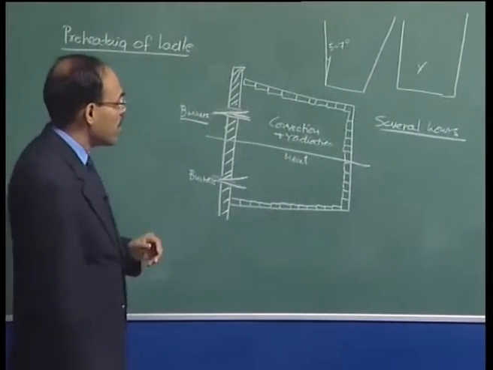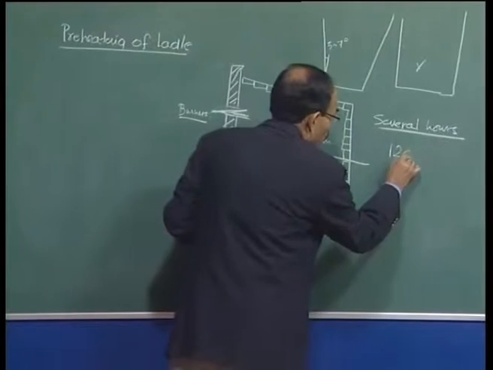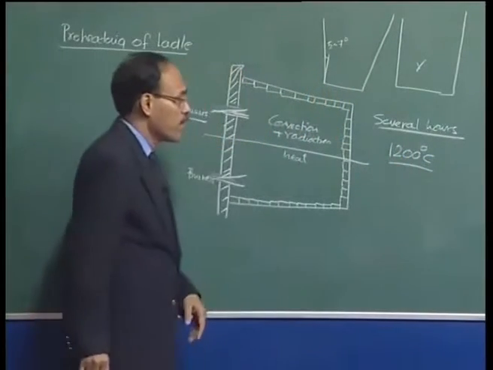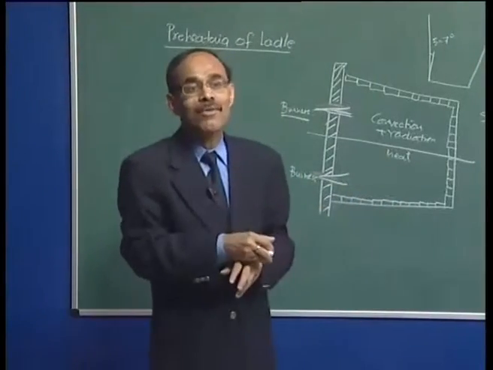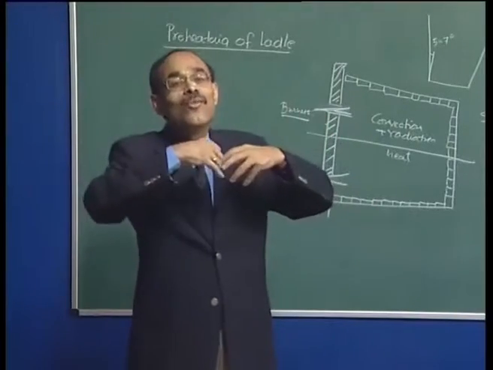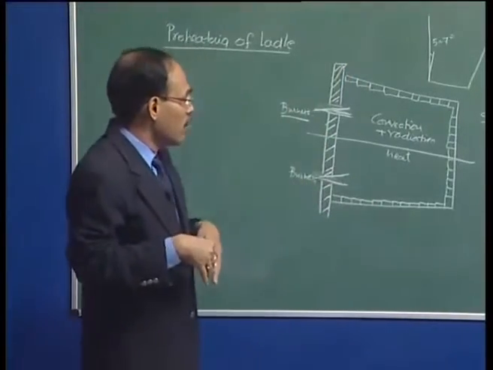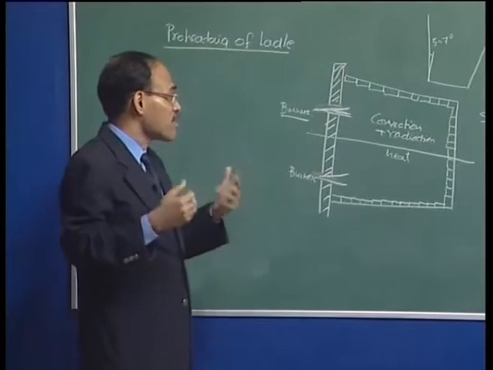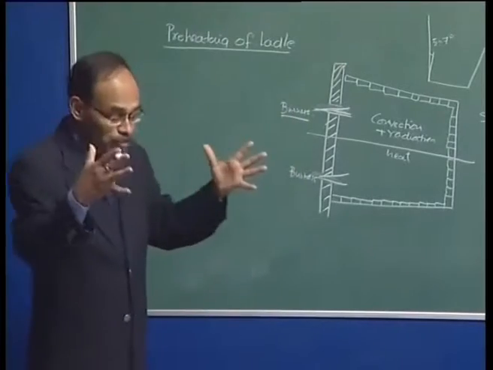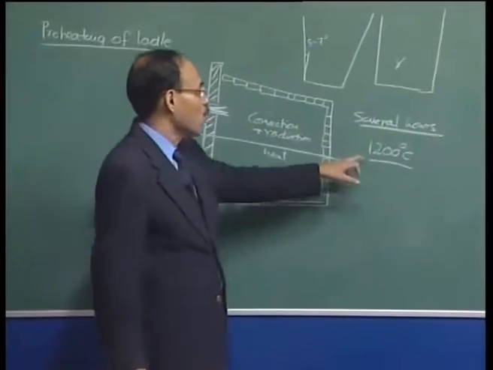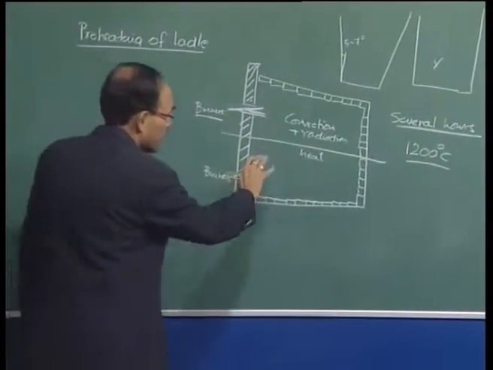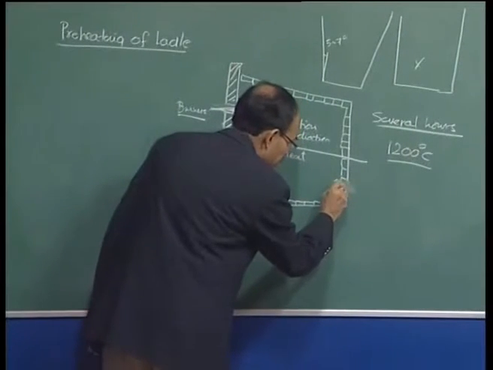Several hours will be needed to preheat, and basically we go up to 1100 to 1200 degree centigrade, and once it is done, the ladle is ready, and then the tapping operation can initiate. Because otherwise, if you take a cold ladle and pour the hot metal from the BOF, what is going to happen? There is going to be an enormous loss of temperature or loss of heat, and as a result we will form a solidified skull. Much of the material will be solidified over the refractory lining. So never ever is steel poured into an unheated ladle.